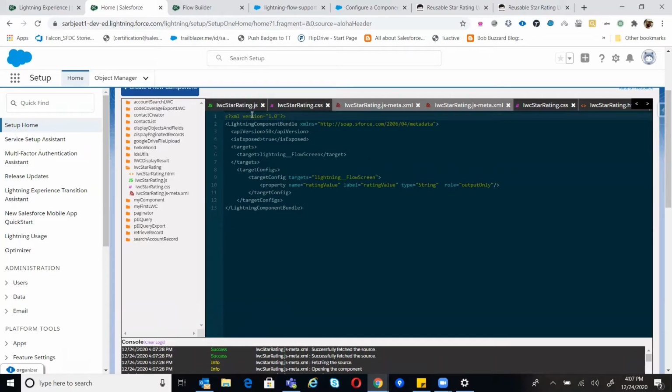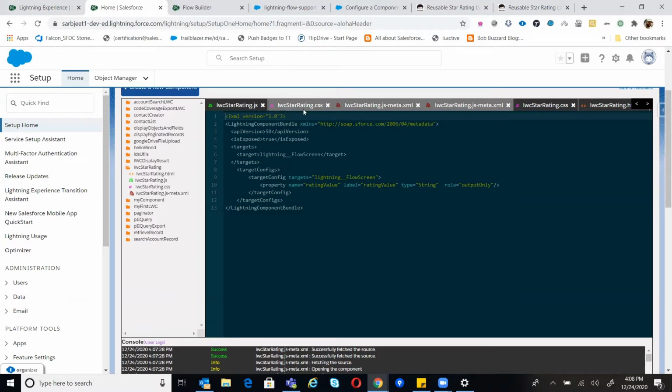Okay, so I built this LWC star rating component so that we can use an LWC component in the flow. With the star rating component, we can build a flow with a survey form and add an LWC component to show the star rating. We can take the star rating from 1 to 5 as a value, showing how many stars the person wants to give for a particular question.